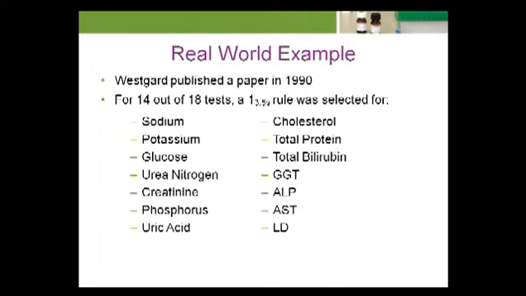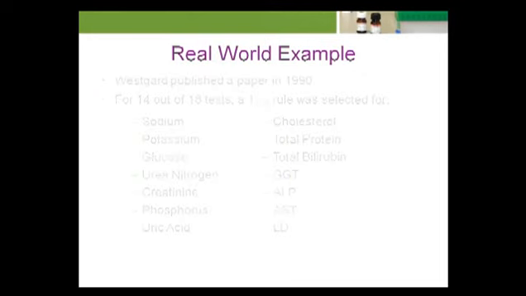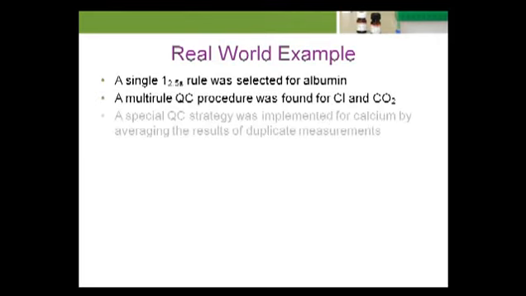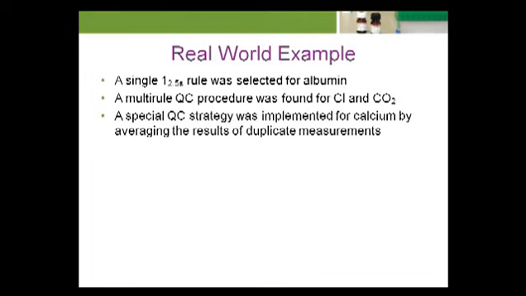In general, these tests were working well within their quality specifications. The other 4 tests had more significant issues. A 1-2.5S rule was selected for albumin, a multi-rule for chlorine and CO2, and a special strategy was developed for